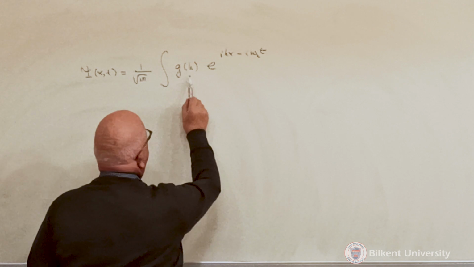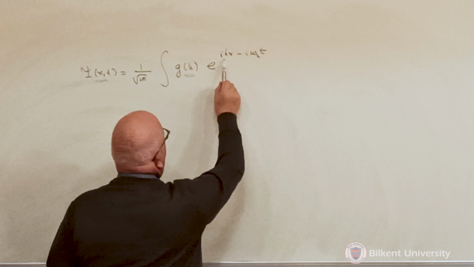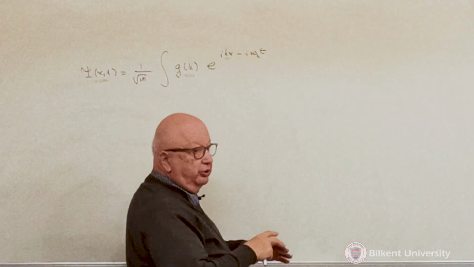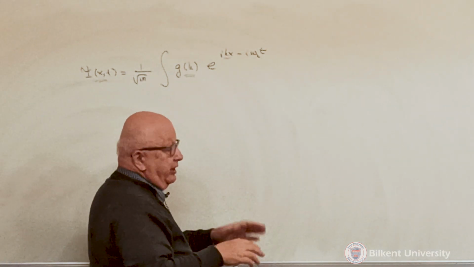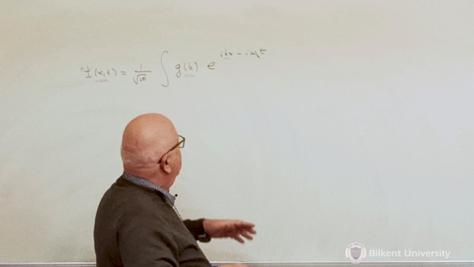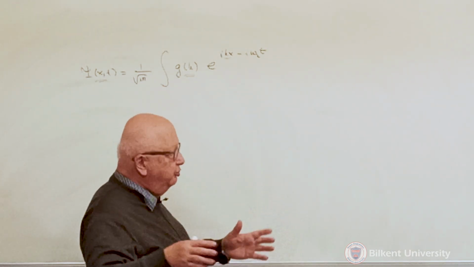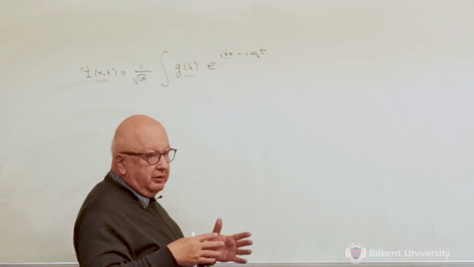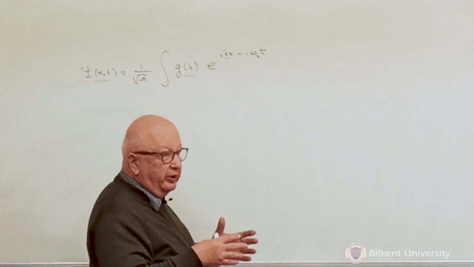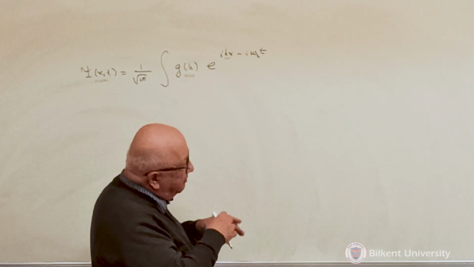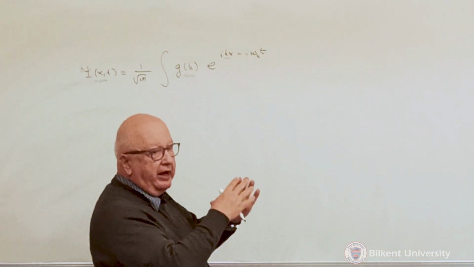Now, what are we doing here? We are constructing a wave function out of waves with certain wavelengths. Obviously g of k can be anything you like, but if g of k contains lots of wavelengths, then of course you don't have even a good shape to talk about. So what we are assuming here is that we have an object which has a specific shape